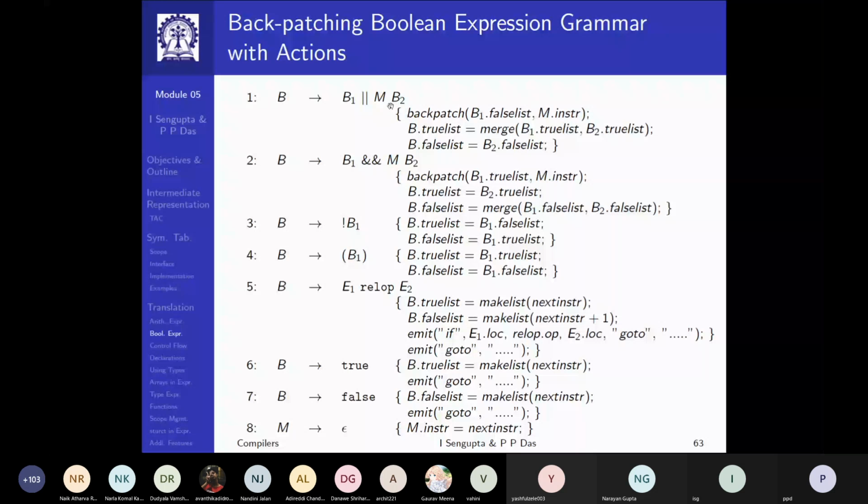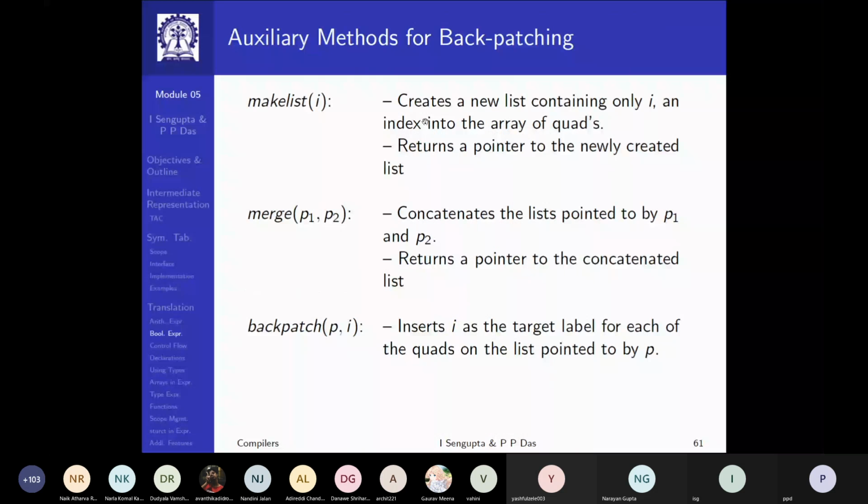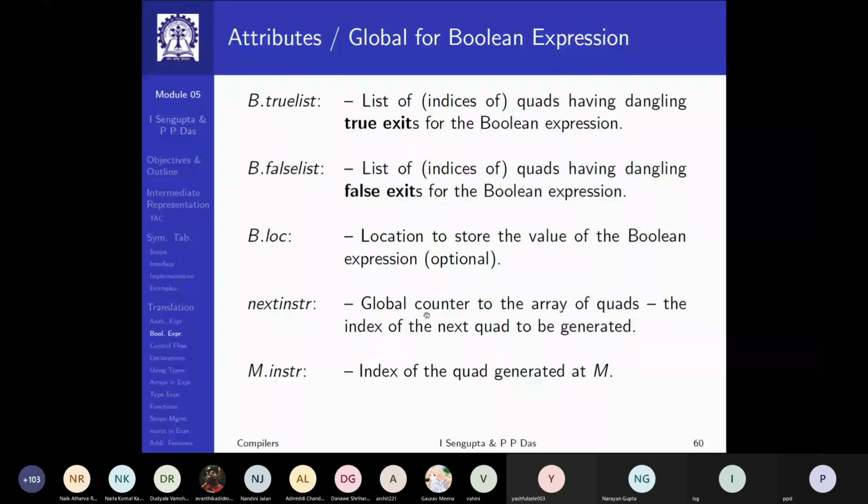Now, where does B2 start? I have already explained, there's an epsilon production. So B2 will have to start at M dot instruction, the index of the quad generated at M. At that point, whatever is the value of the next instruction is remembered in M dot instruction.